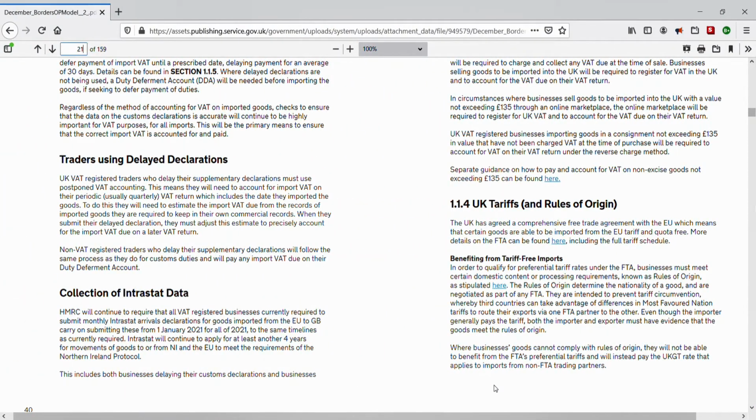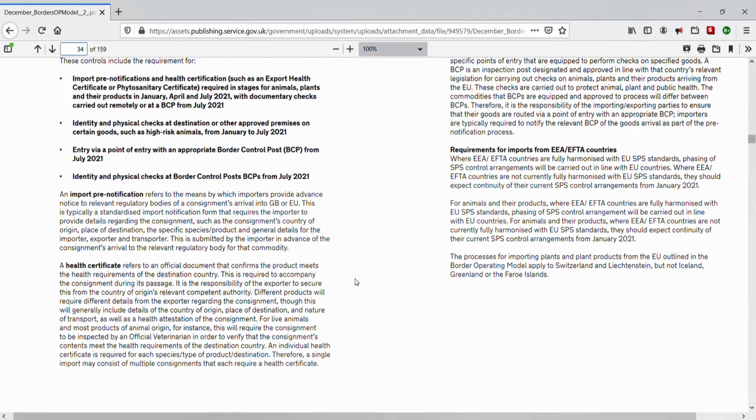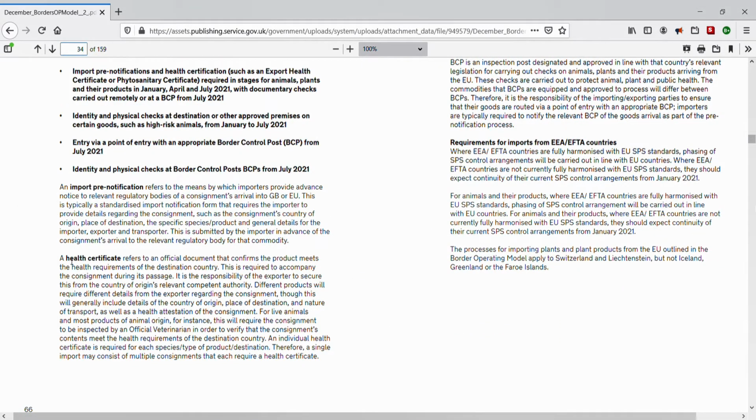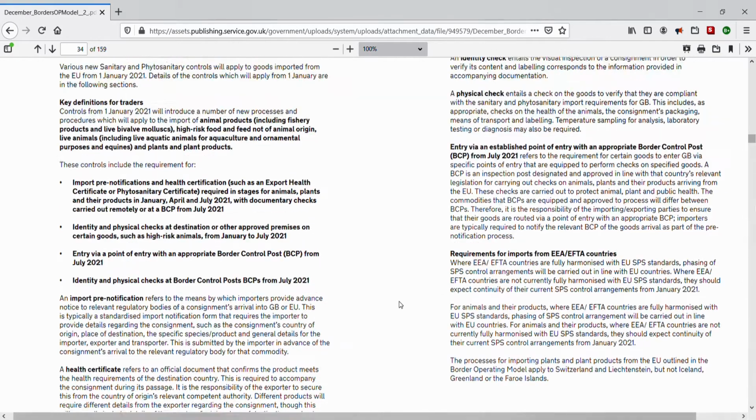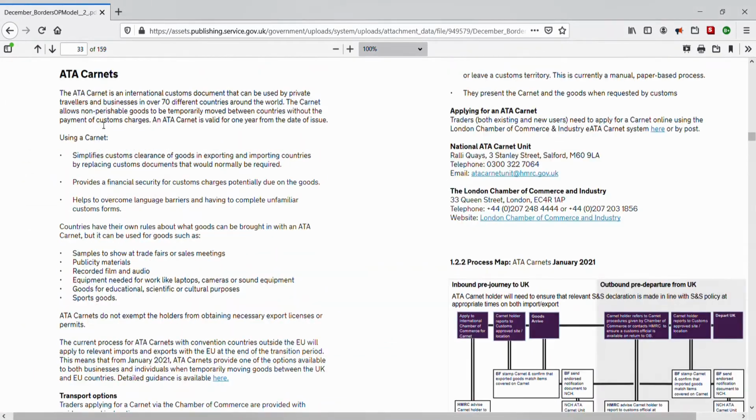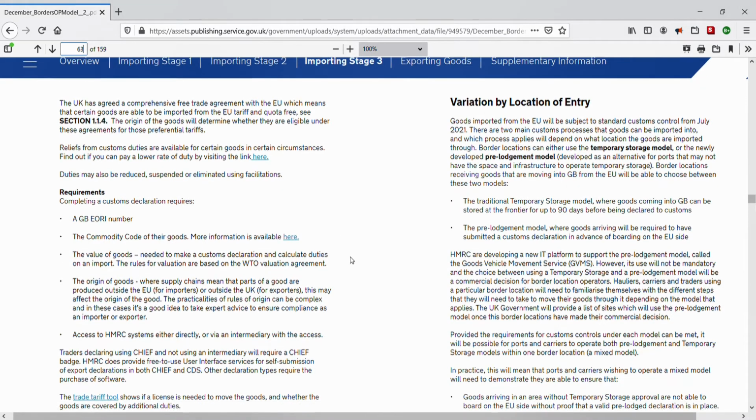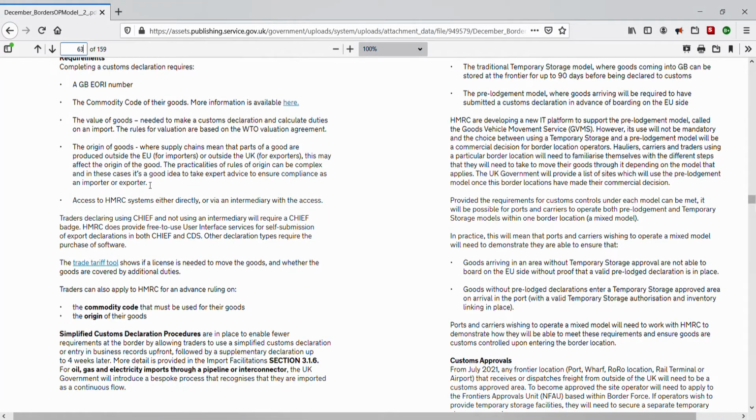Next, a quick sidestep. I want to briefly distinguish between rules of origin and country of origin. Page 34. You might see country of origin in reference to health certificates and maybe import pre-notifications too. But these are separate and distinct from proofs of origin. And as we have our work cut out in this video, we'll discuss health certificates and import pre-notifications in a later video in this series. For now, back to page 63 and to follow rules of origin calculations. But we'll learn more about this a bit later too.